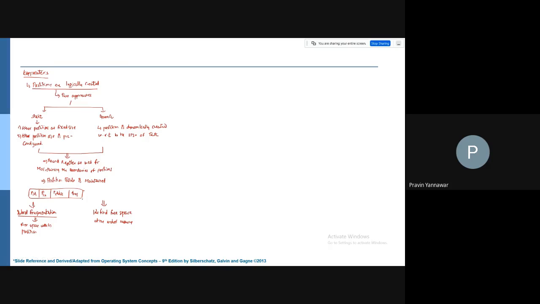Okay, so these are the important points. This is about policy. This is about the hardware point.